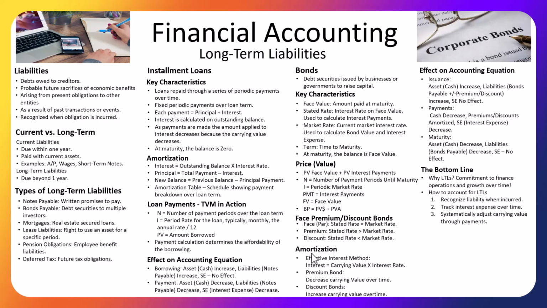When we look at the accounting equation, at the time bonds are issued, our cash increases and our bonds payable, which is a liability, increases. There's no effect on stockholders' equity. During the period, as cash payments are made to investors, cash decreases, the premium or discounts are amortized, and stockholders' equity will decrease because interest expense is recorded. At maturity, cash will decrease, bonds payable will decrease. There's no effect